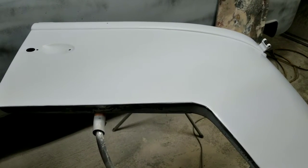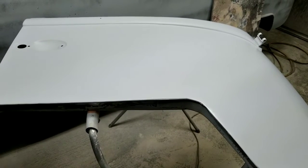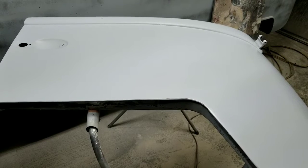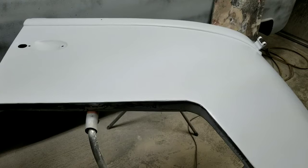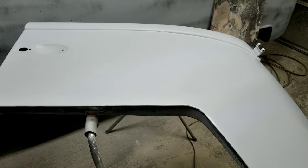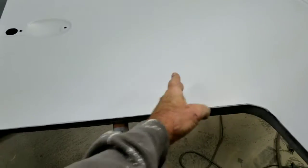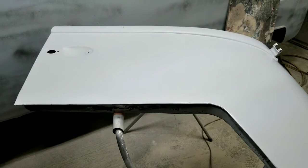I talked to Gerson. I forget his first name. I talk to him all the time, shows, and I told him about 5 years ago, I said, dude, why aren't you making door skins? He goes, oh, well, I don't think there's a real big need for it. Blah, blah, blah, whatever. And I said, dude, I really think it's coming to that point where we need door skins, because I had just done a door like this one, and it was a hassle,